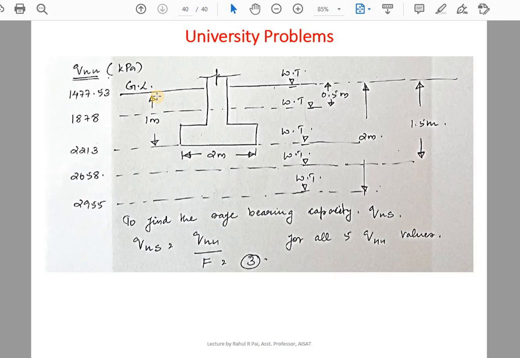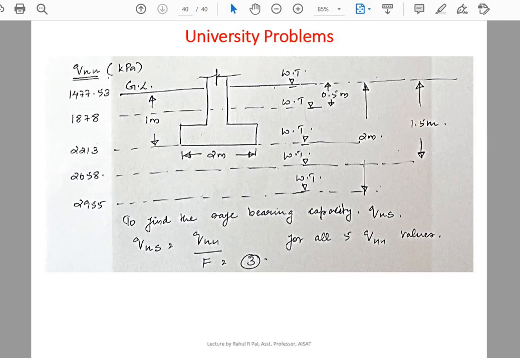So these are the types of questions which are asked for university exams, and all the questions carry around 10 to 15 marks. And there are also simple questions where you are asked only to find the bearing capacity, the safe bearing capacity, ultimate bearing capacity and all. For that, directly substitute in the equation and you will get the value. The only thing you have to be more careful about is cases where there is an effect of the water table. Already I have shown these problems. You can ask me if you have any doubts regarding this